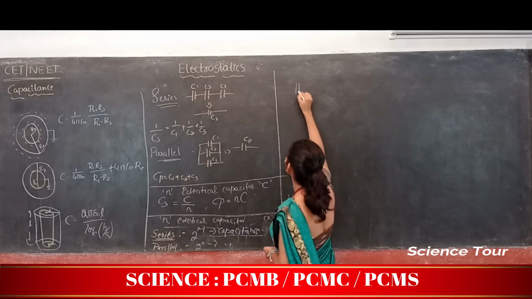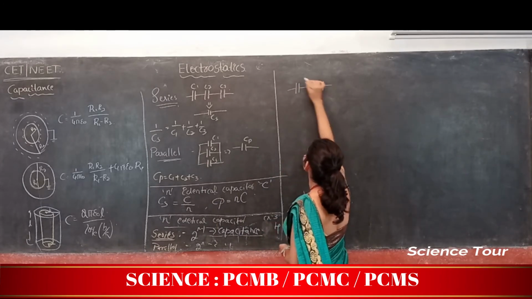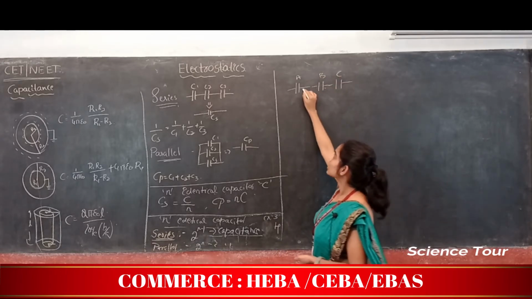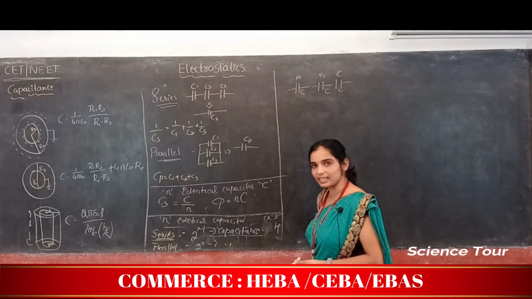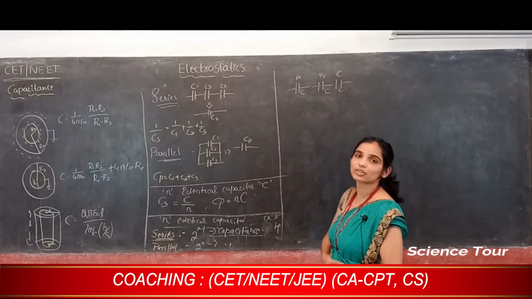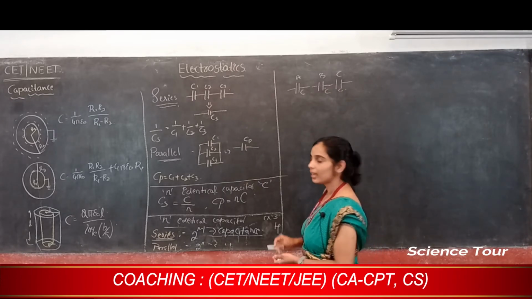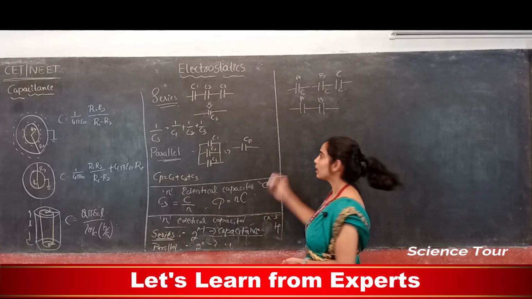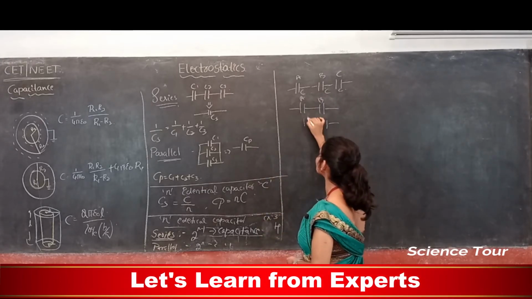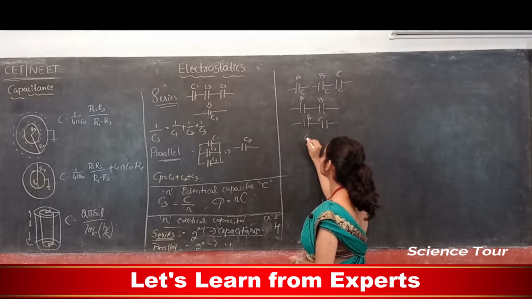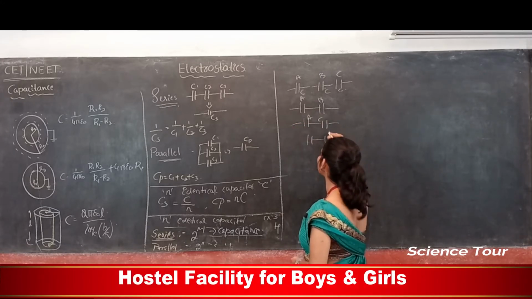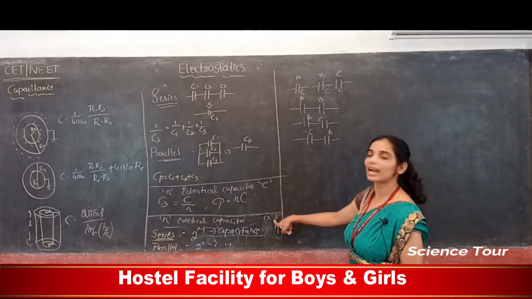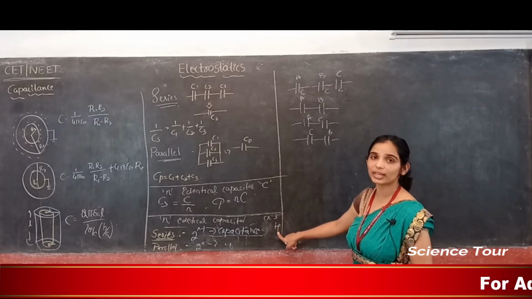Let's say there are 3 capacitors A, B and C. These 3 have capacitance C, they are identical. Now how many series combinations can I make? One is connecting all the 3, another one is connecting A and B. This is also a series combination. Another one is connecting A and C, and then C and B. How many done? 4. So if you have 3 identical capacitors, you can make 4 series combinations.